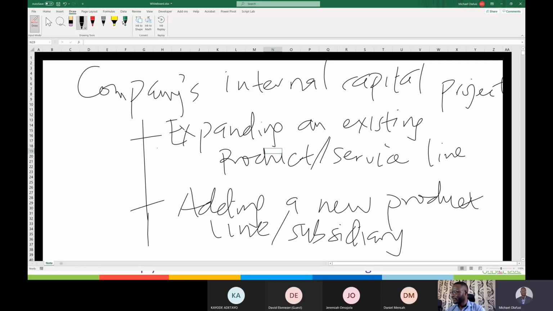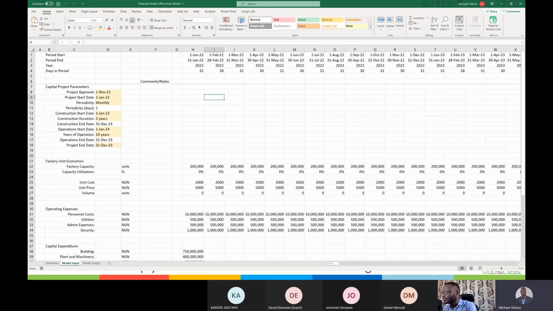pushing it that big, in such a way that they can meet the demand that it's generating, they must have created the capacity, they must have built that new product line, and before they spent all that money building it, they must have done an appraisal. So that's what we touched on. How then do you do an appraisal in an internal capital project appraisal?